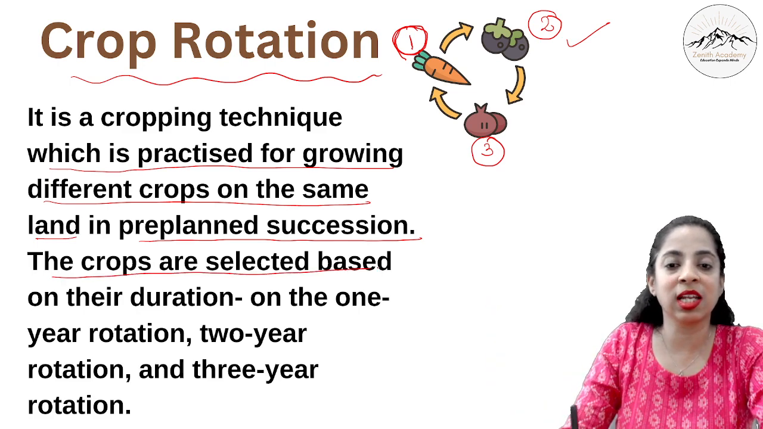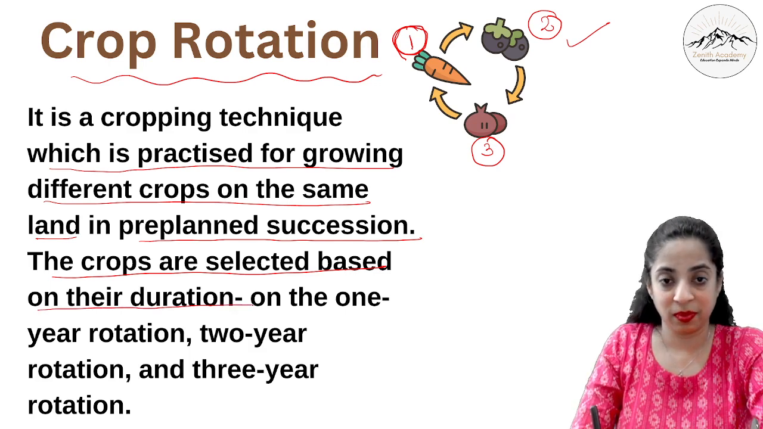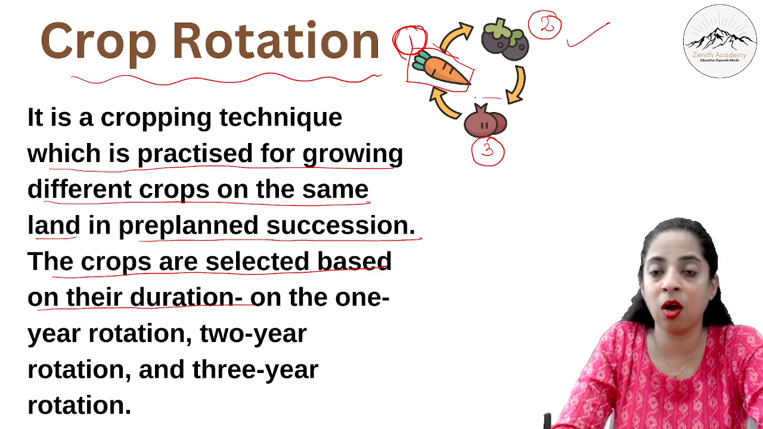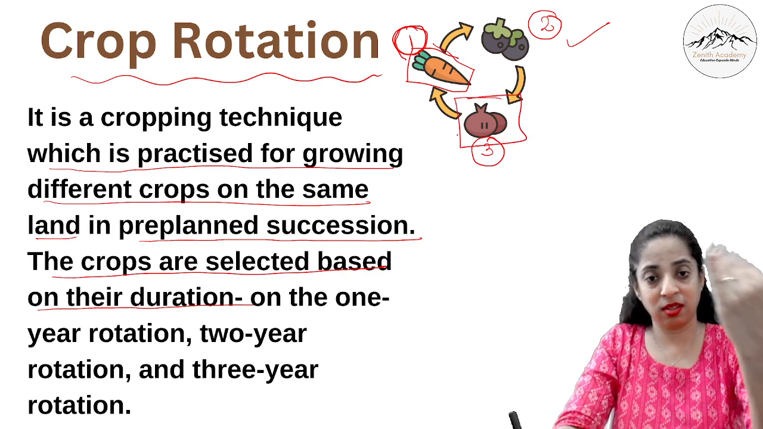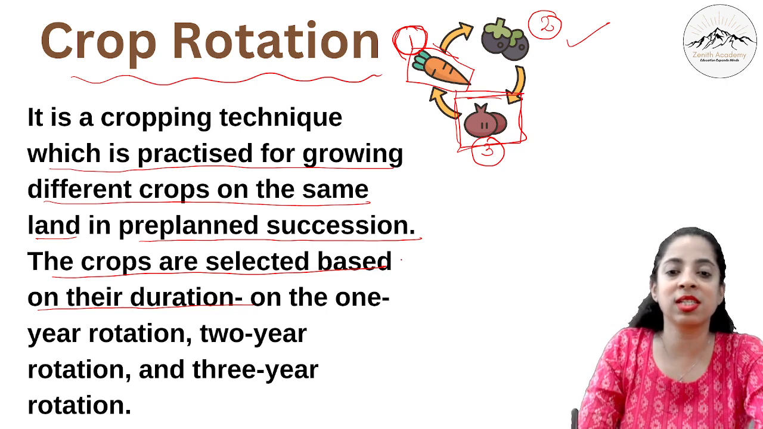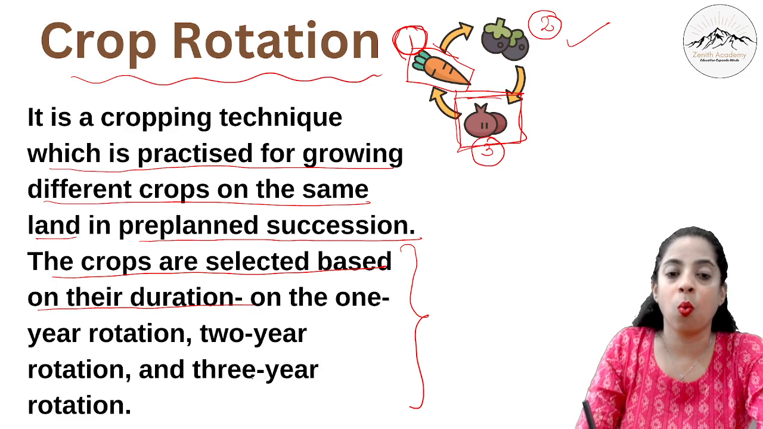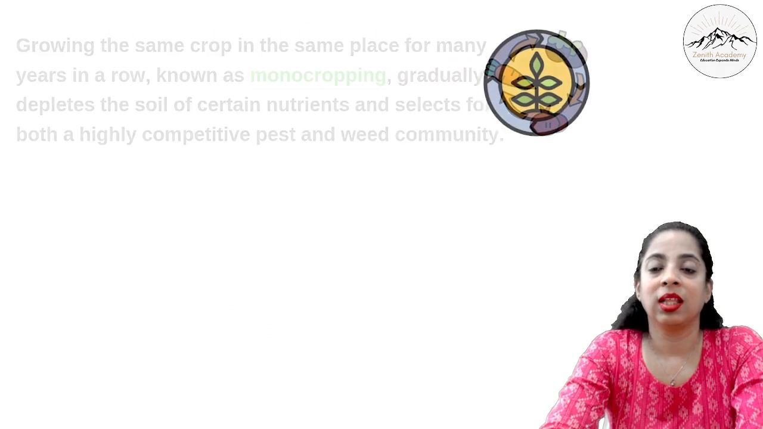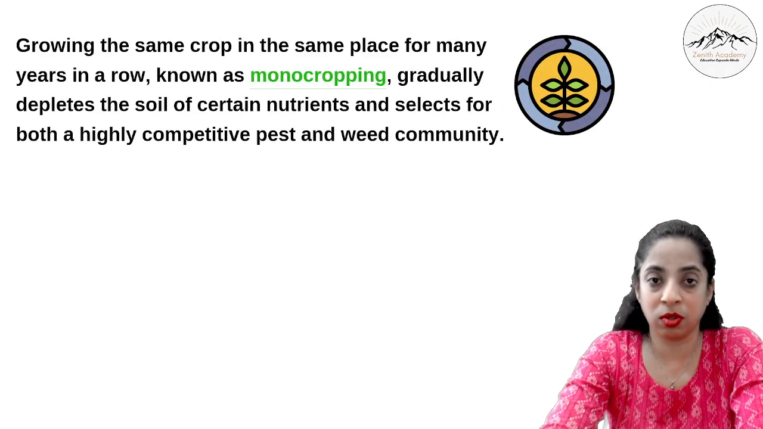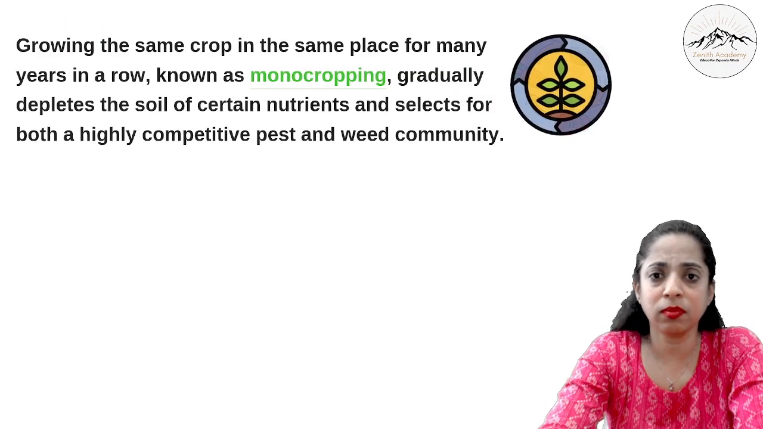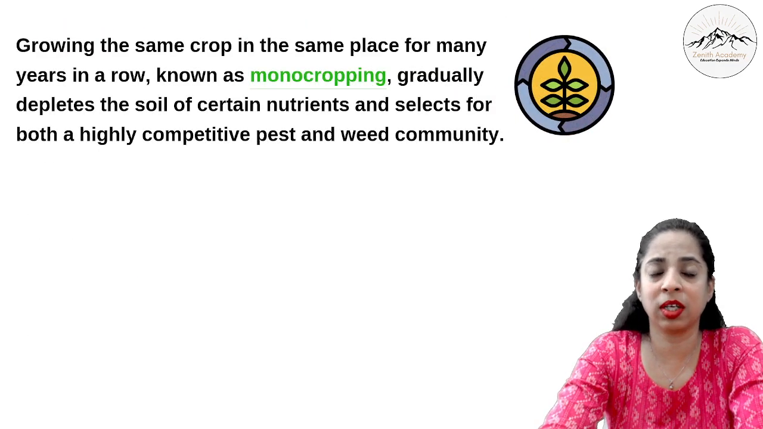So the crops are selected based on their duration, that is, for how long it takes to get the yield, how long it takes to get the harvesting done for this crop. So crops are selected based on their duration on a 1 year rotation, 2 year rotation or 3 year rotation. Now in crop rotation, if you see this, I'll explain it to you: the difference between monocropping and